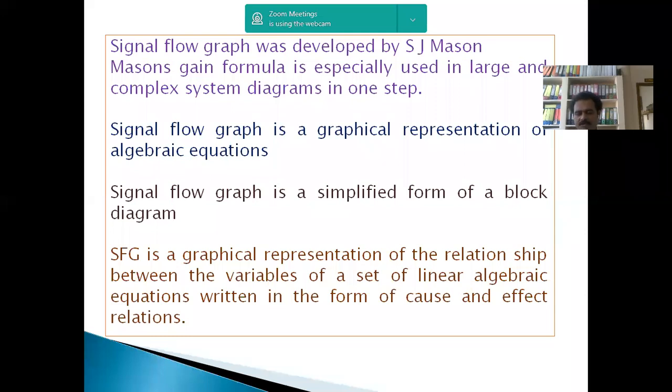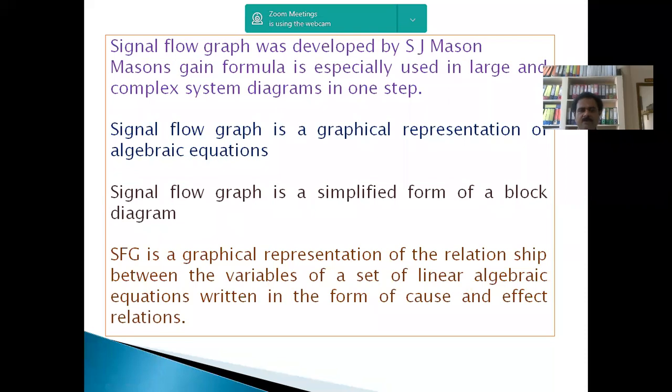So we know that a physical system can be represented with a physical model. From the physical model, just by applying the laws, we can get a mathematical model. Directly from the mathematical model, we can draw a signal flow graph. A signal flow graph is a representation of a mathematical model or a physical model. Okay, it is one way of representing our physical system.